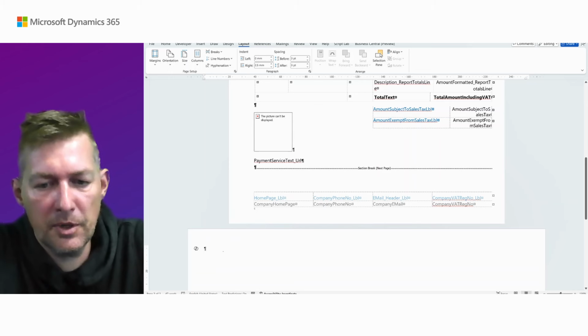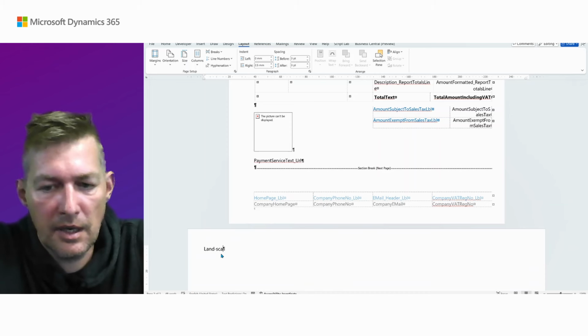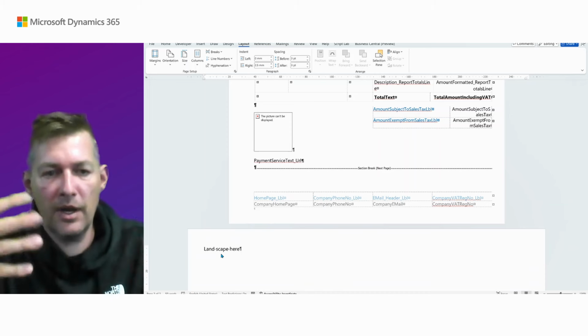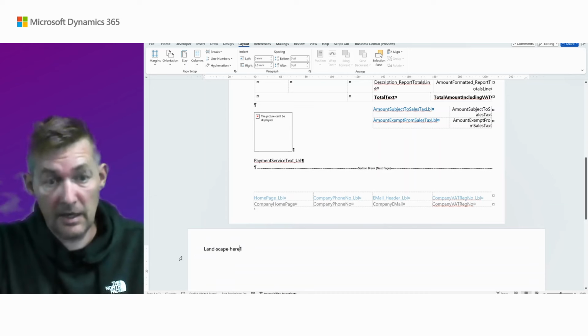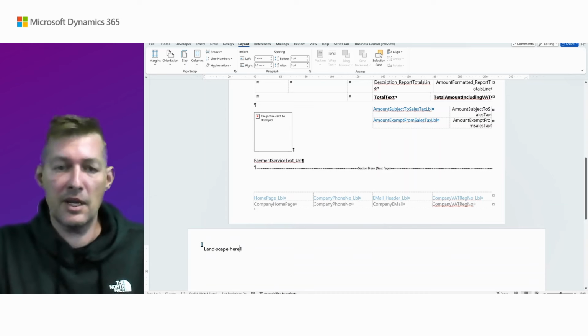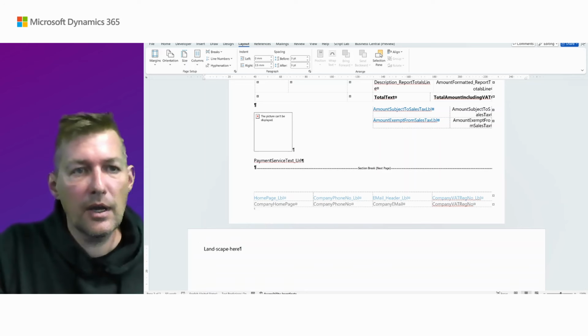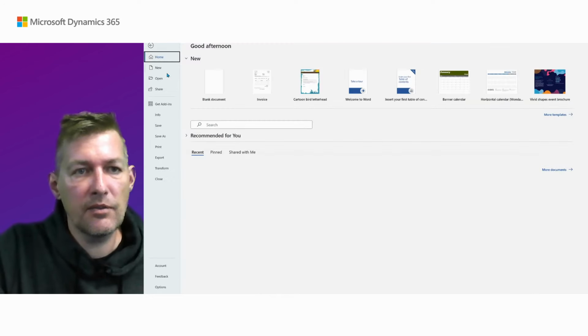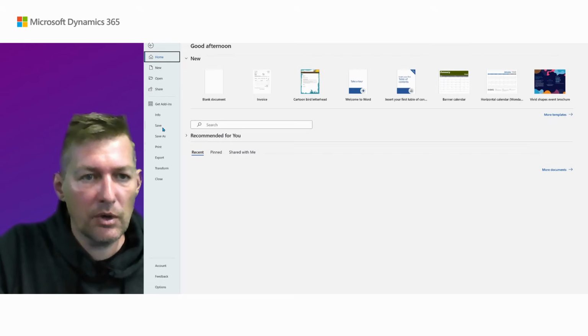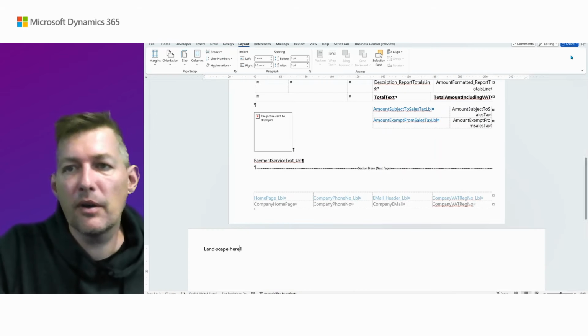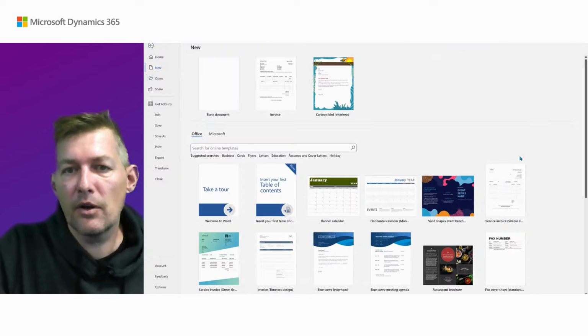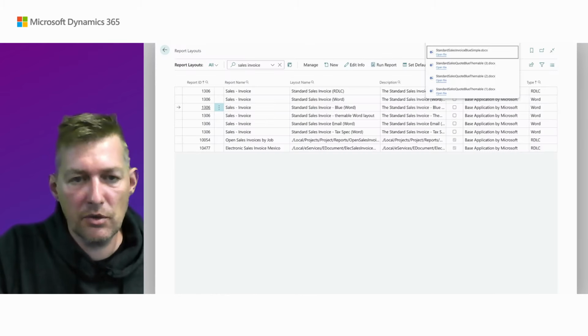So if I put something like landscape here, and imagine you had part of the layout that needed a landscape, maybe a table that needs to be more wide. Okay, I will just save my report layout here and close Word, go back to Business Central